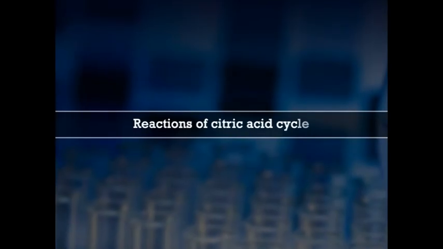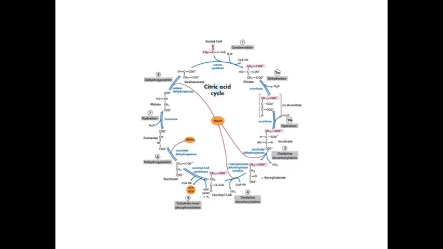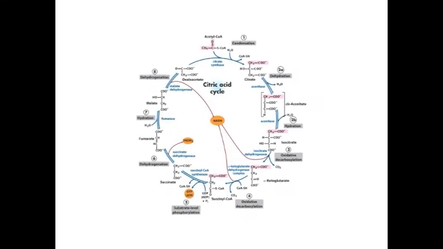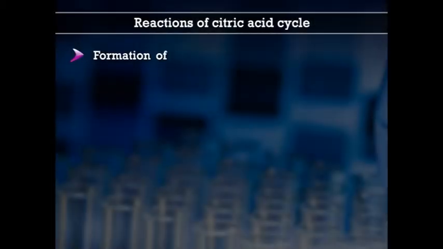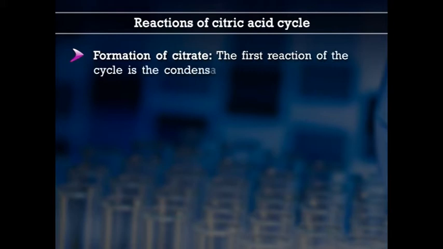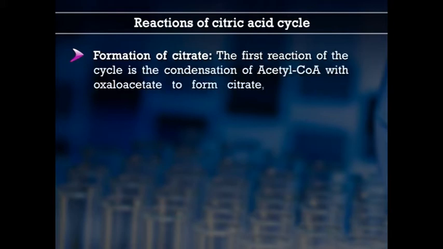Now let us come to the reactions of the citric acid cycle. Figure: reactions of the citric acid cycle. The citric acid cycle has 8 steps. First, formation of citrate. The first reaction of the cycle is the condensation of acetyl-CoA with oxaloacetate to form citrate,